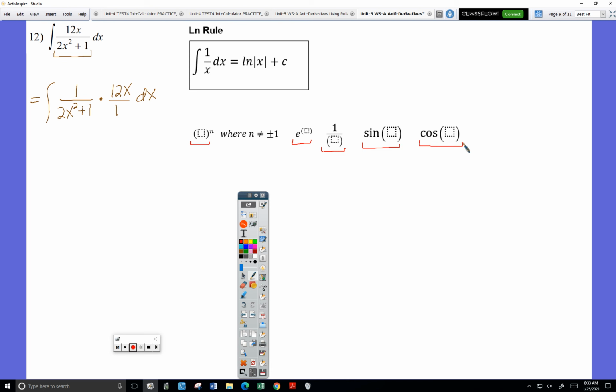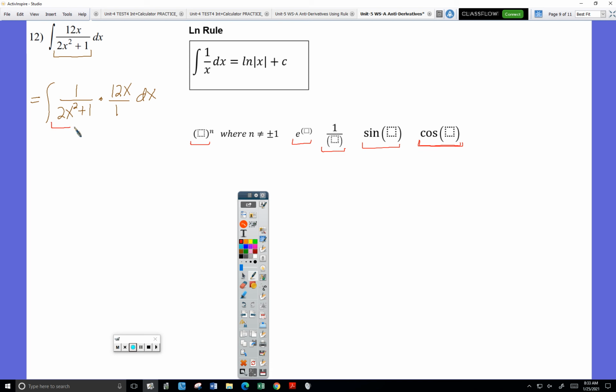The pattern does match the rule sheet, except that there's more flexibility when you're thinking of a U substitution. The rule sheet says, hey, I can only find the antiderivative of cosine of x. But for a U substitution, I just have to be able to have cosine of something. So in this example,